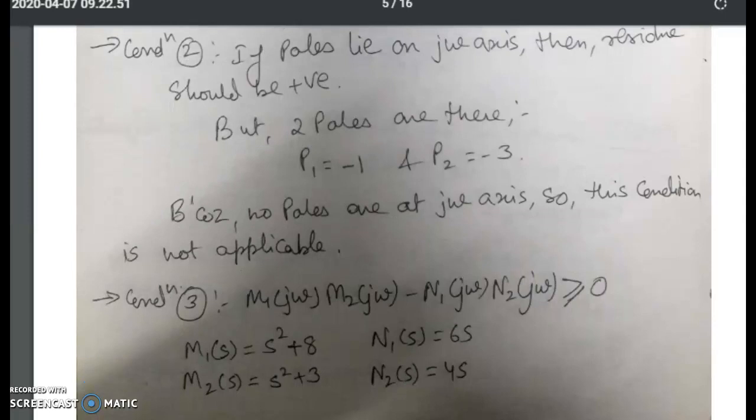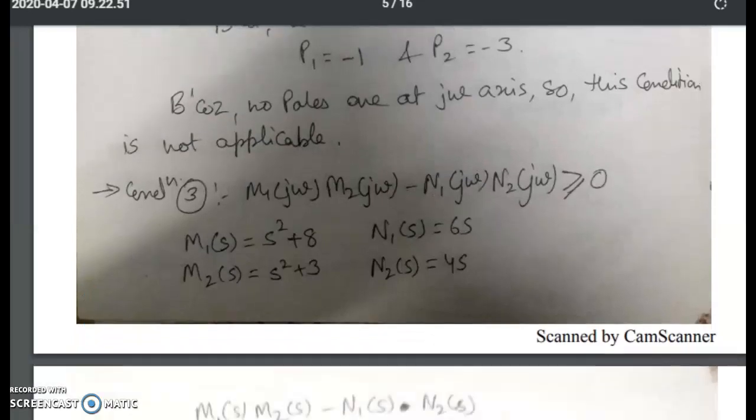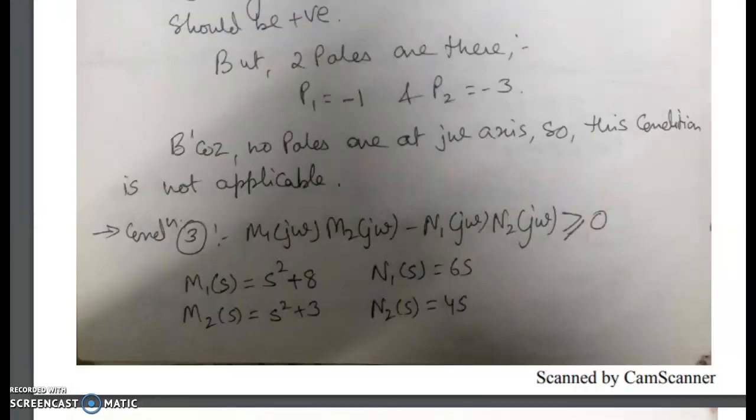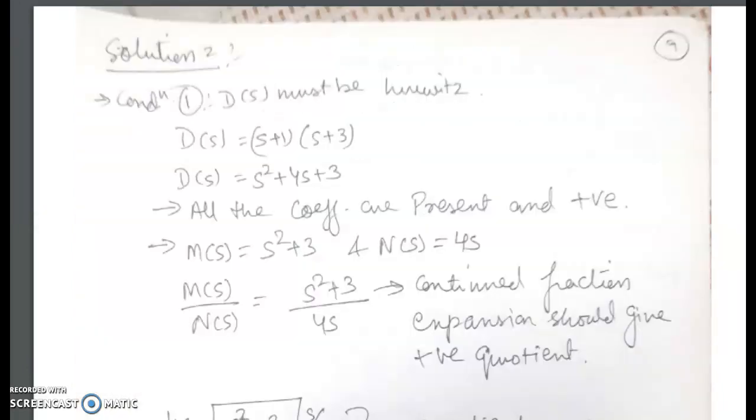So no poles are there on the j omega axis, so the second condition is not applicable. Condition 3 is M1(j omega) M2(j omega) minus N1(j omega) N2(j omega) is greater than or equal to 0 for all the values of omega. M1 is the even part of the numerator, which is equal to s square plus 8, as we can see in this function,